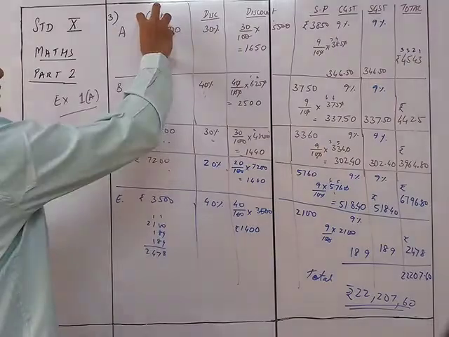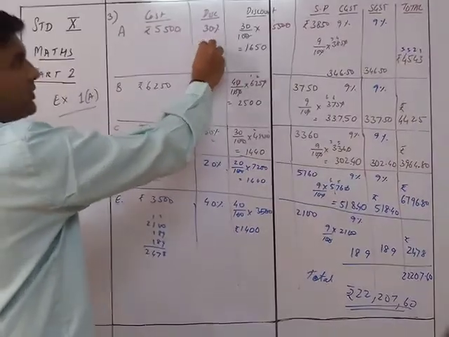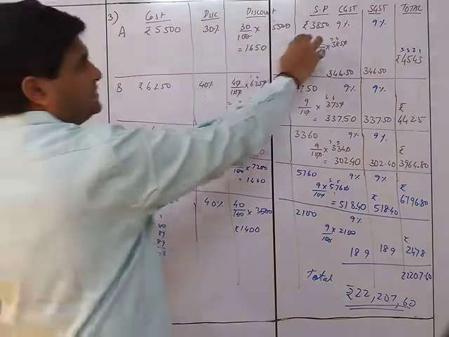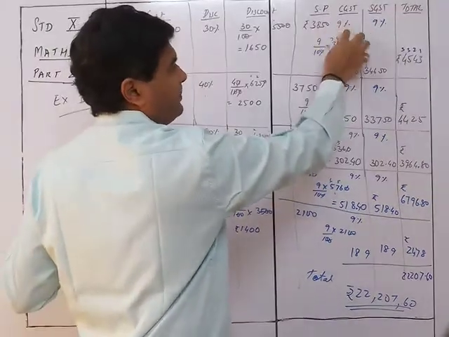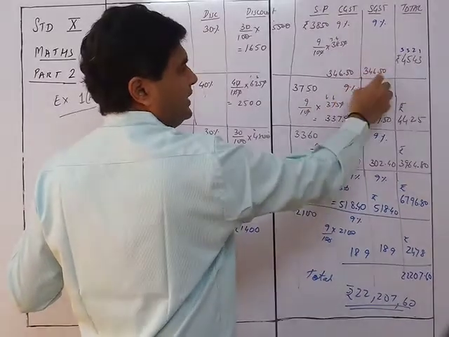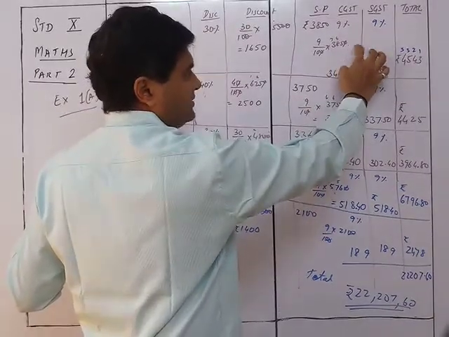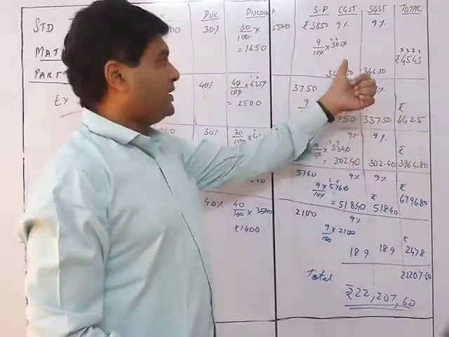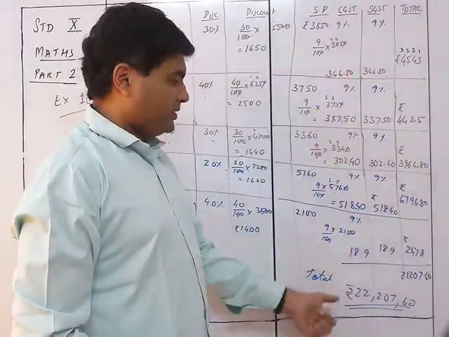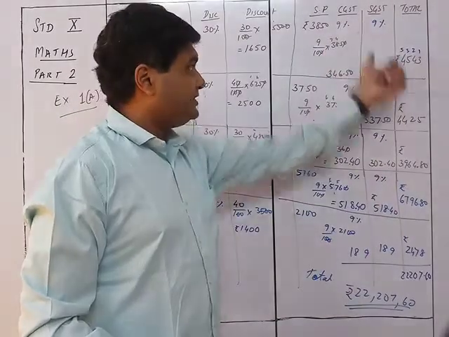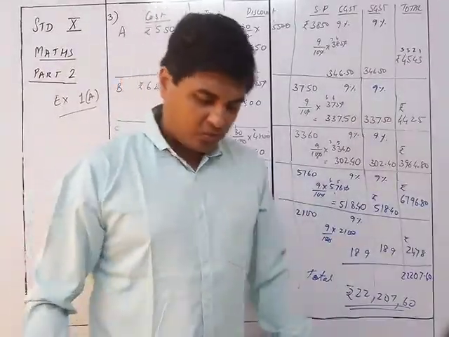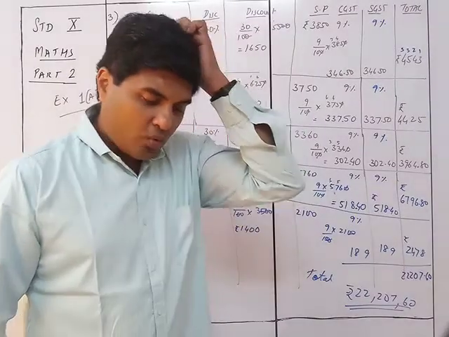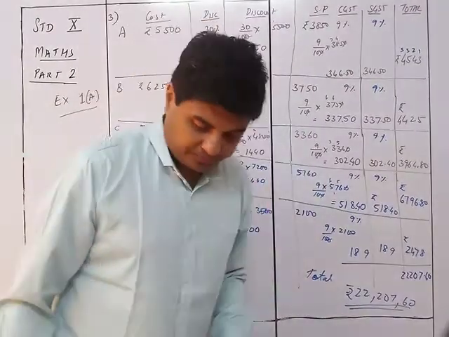Every time what we did was that we took the cost price, we took the discount, accordingly we found out the discount. We subtracted the discount from the cost price and got the selling price, and we taxed the selling price by that much percent to give you the tax amount, that is 9%, 9% each. And yeah, you may have a question over here that what is the sales tax payable, then you will be adding this all together, okay. So CGST ka total and SGST ka total. And that could be a question that could be asked, okay. So that was question number 3. Now we move on to question number 5.